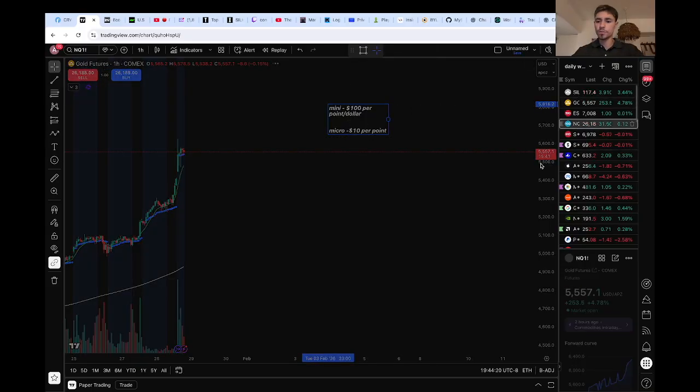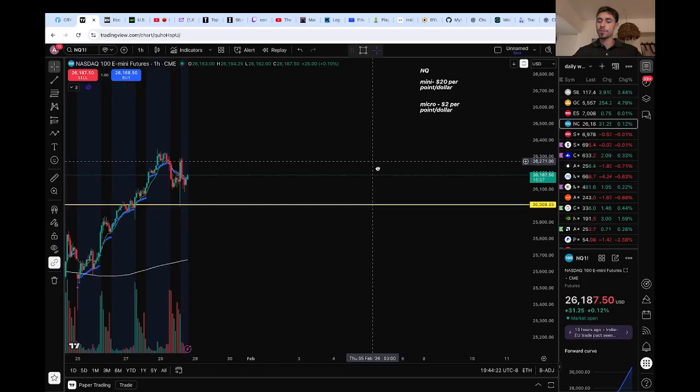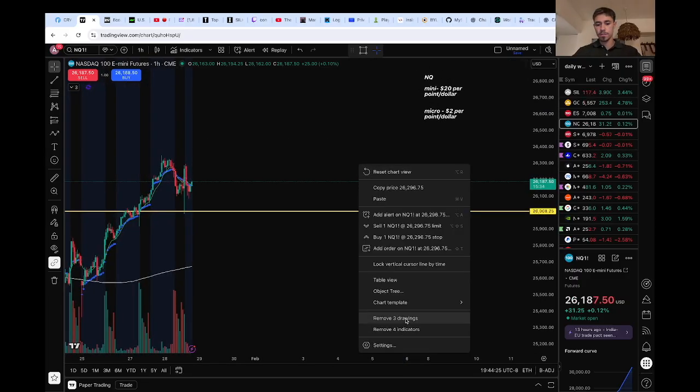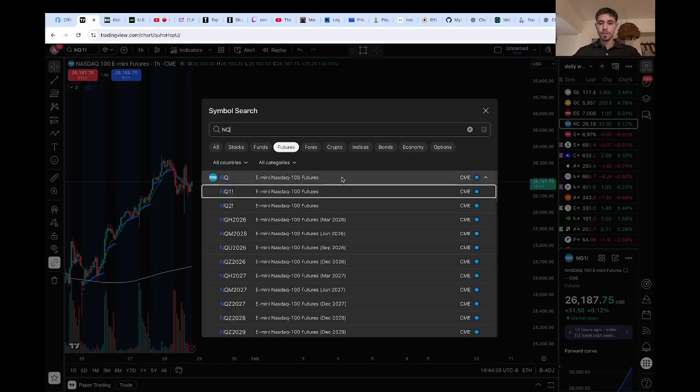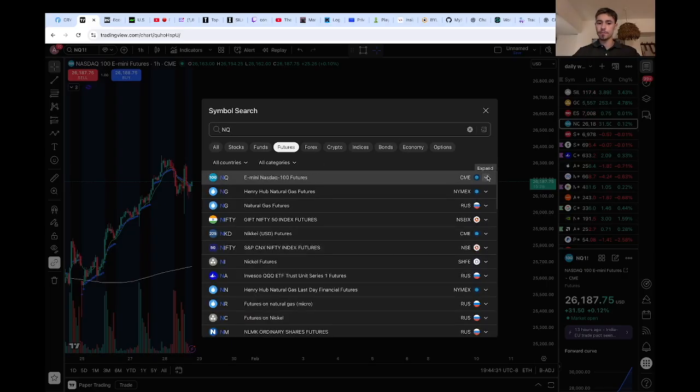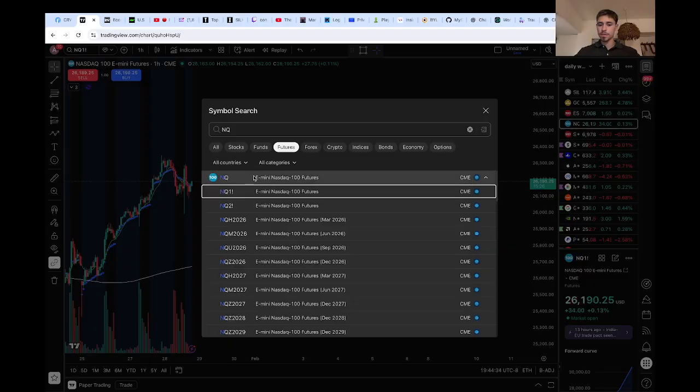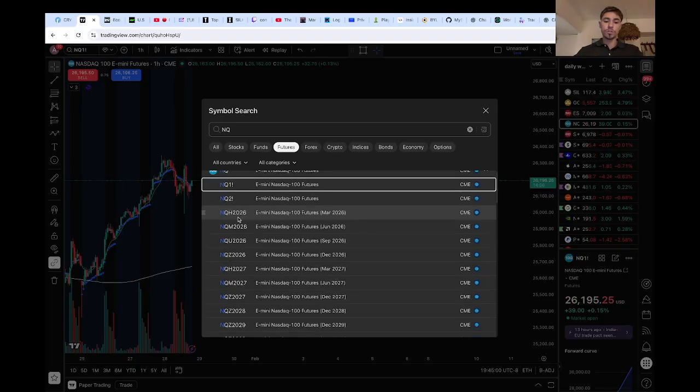Okay, now I'm gonna show you guys how futures contracts work. When you go here on TradingView, there are 4 types of futures contracts. If you type in NQ and then you click this little arrow right here, you're gonna see NQ1, NQ2, NQH, NQM, NQU, NQZ. What is all this stuff? Think of it like this. Futures contracts expire quarterly. It's not like options, which expire every week, every Friday. Nope, it's not like that. It's every quarter. So right now we are in the first quarter as I record this video, January 28th, 2026. And as you can see, the contracts are structured that way as well.